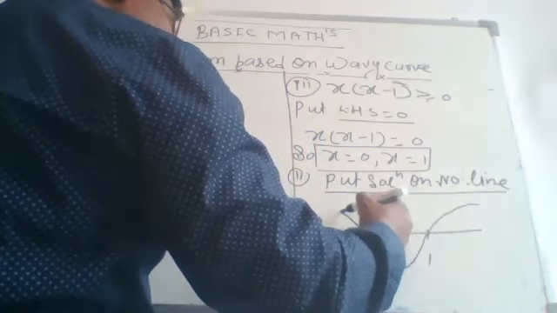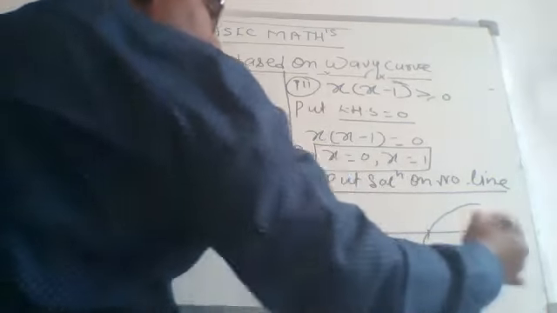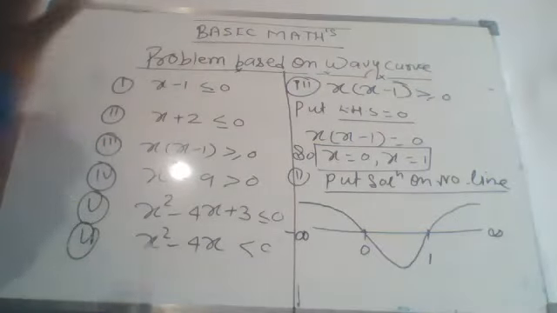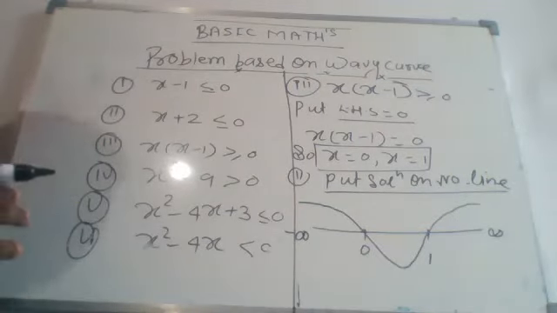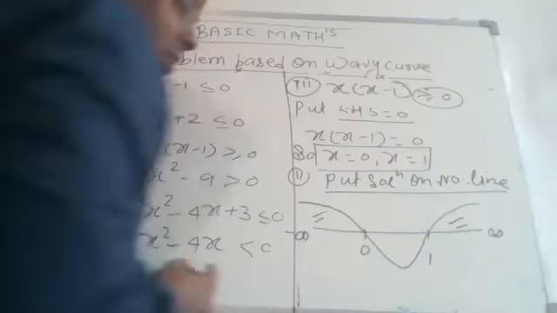So that's why the wavy curve must pass through this. Now there is no other solution on the number line, so it is going to be terminated at minus infinity, and coming from plus infinity. We get the wavy curve like this now. Okay, everyone. Now what is the inequality sign over here? The inequality sign is greater. So we have to take the portion above the number line. This one.